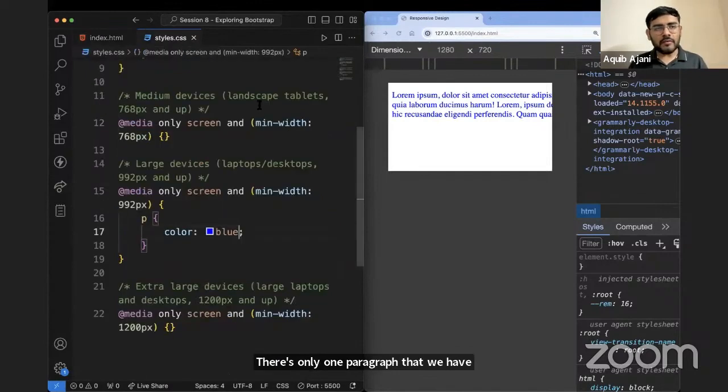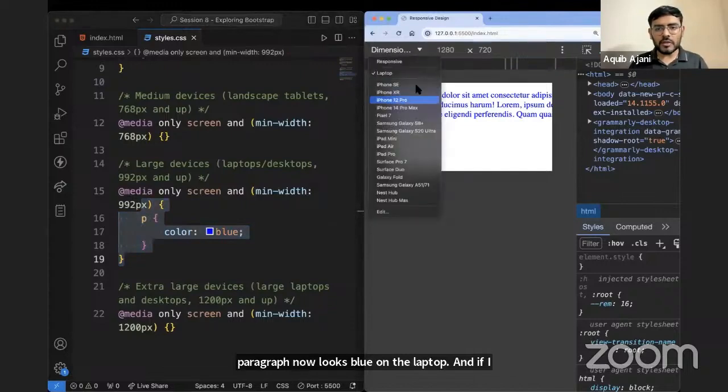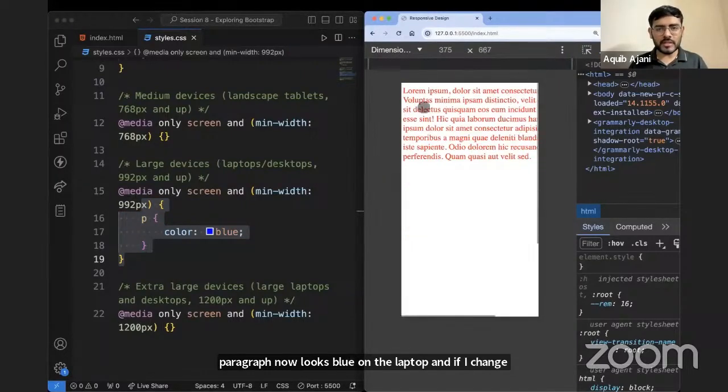The same paragraph now looks blue on the laptop. And if I change it to the phone size, it looks red, like you can see, right? This is what we call responsive behavior or responsive design. We are writing the code in such a way that depending on the device that we are opening it on,